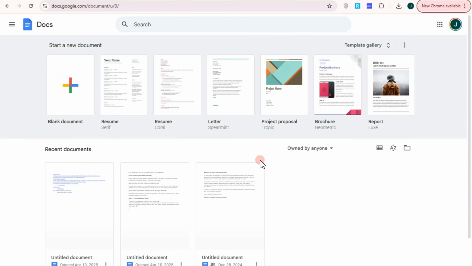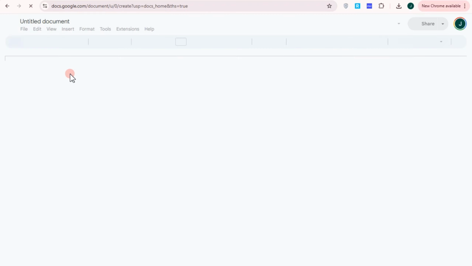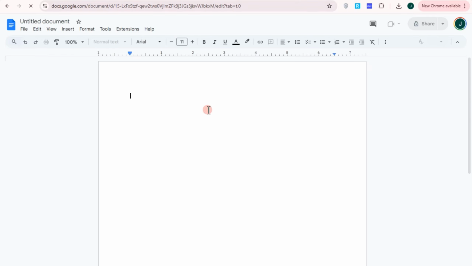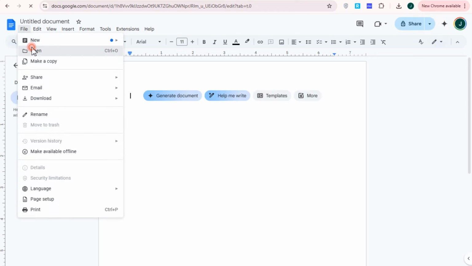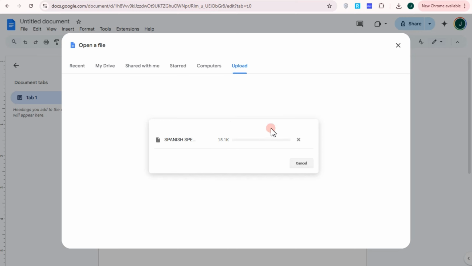So first, you need to open your Google Docs, click this plus icon right here, and then import or add a file or document. To add or open a file, all you have to do is to click this file option above, tap on open, and locate that file or document that you want to add here in your Google